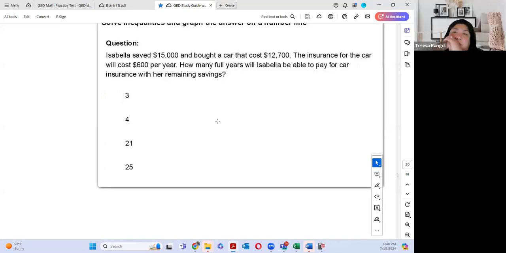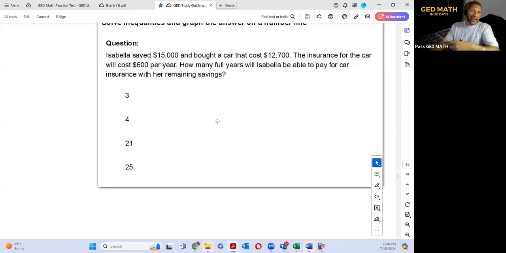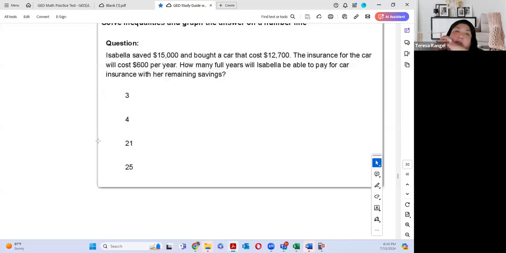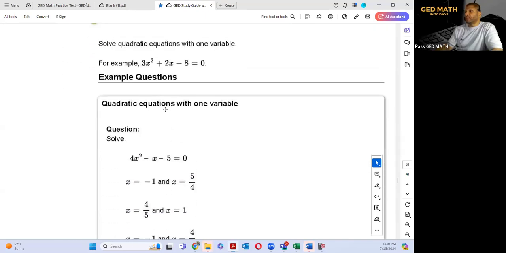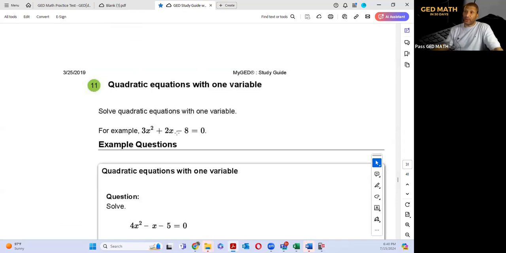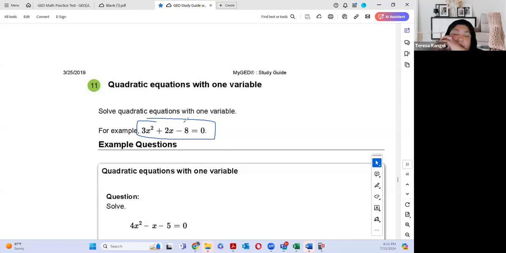I've got two people using it. They're in college algebra, still using the site. Look at this one right here. Let's do this part: 3x squared plus 2x minus 8. Who would know how to do that? I wouldn't know how to do that. It takes forever, right? Look at that problem. Would you even know how to do that problem? No. So again,